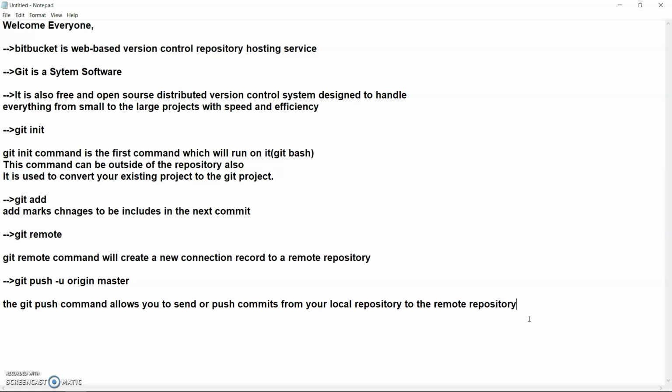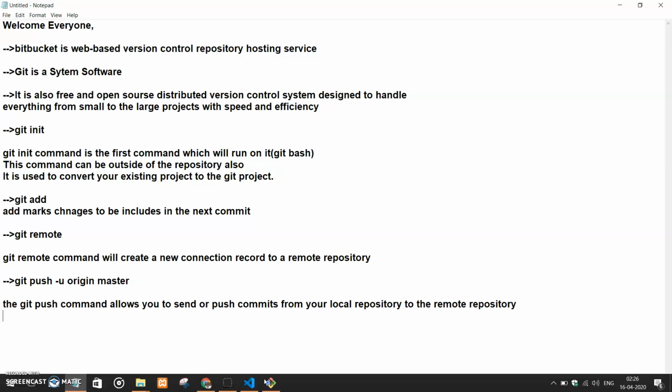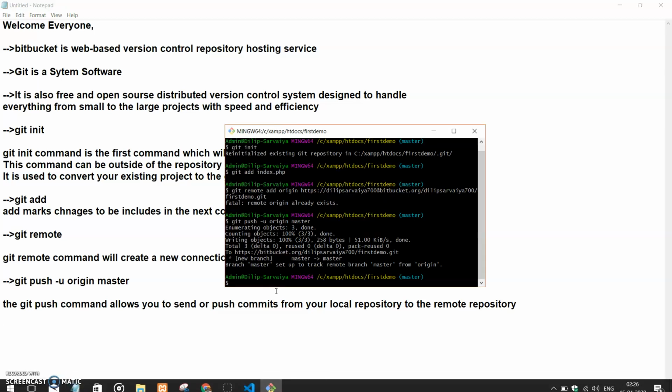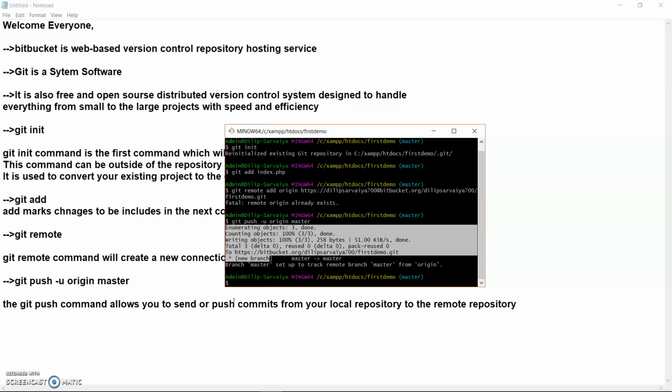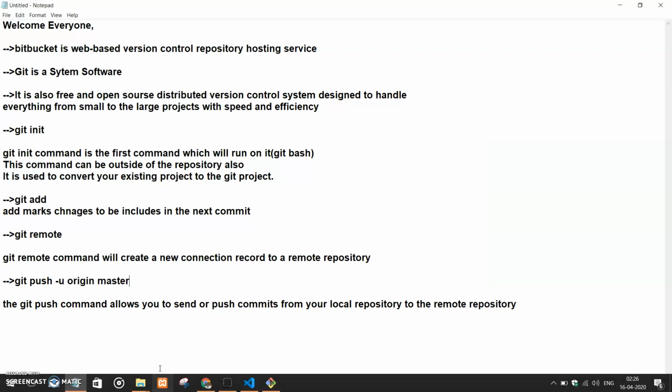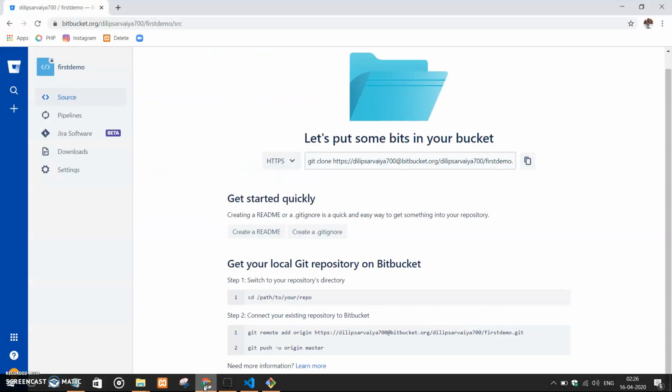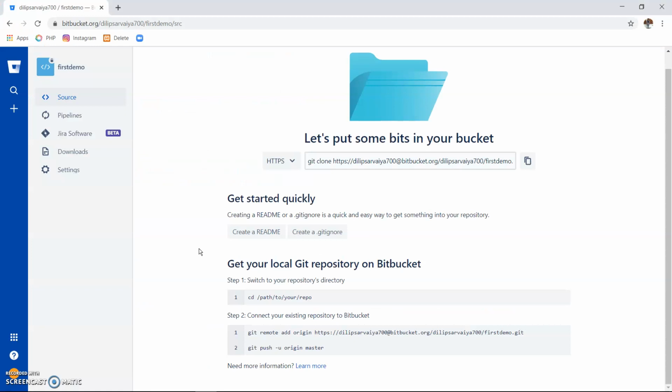This is the description of the git push -u origin master command. Okay, so let me go over here. See, the file is successfully moved, or we can say successfully loaded into Bitbucket inside the remote repository.